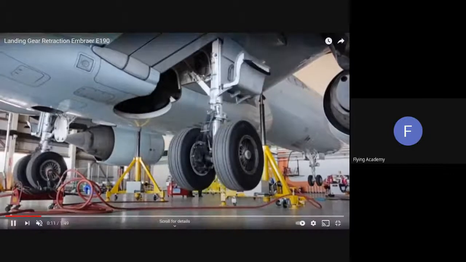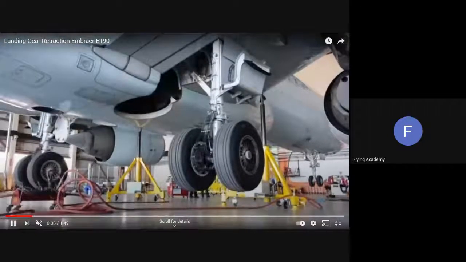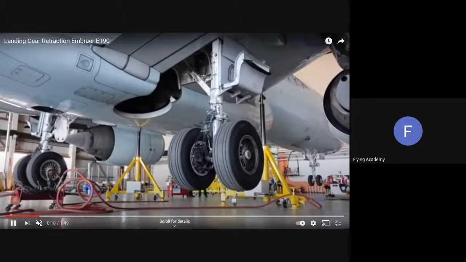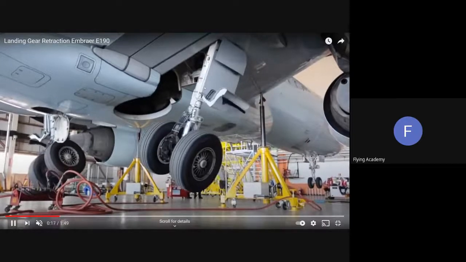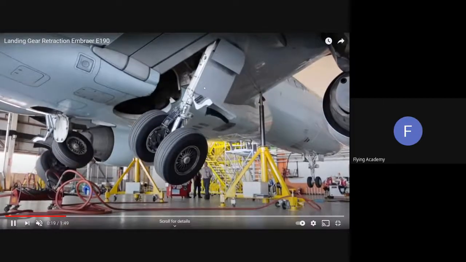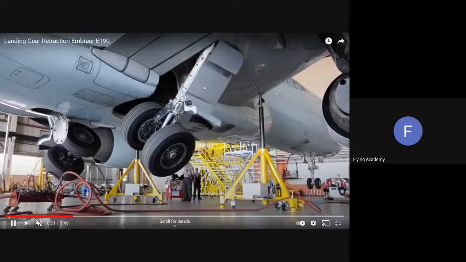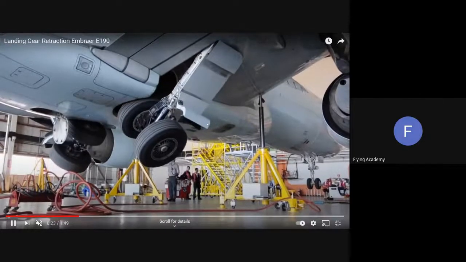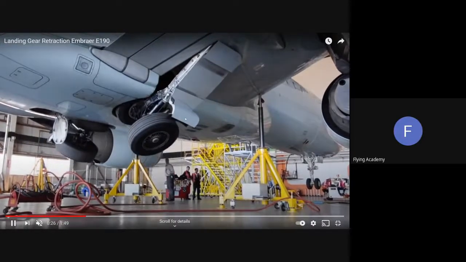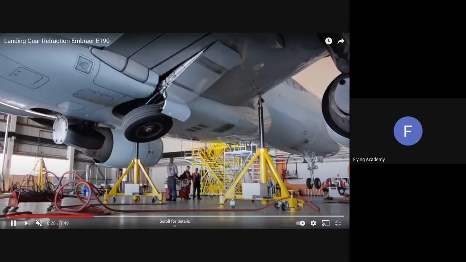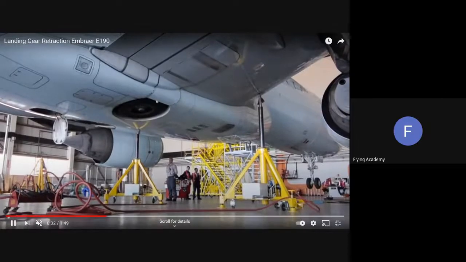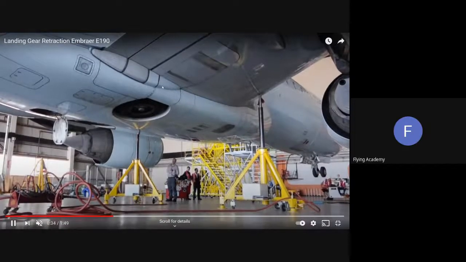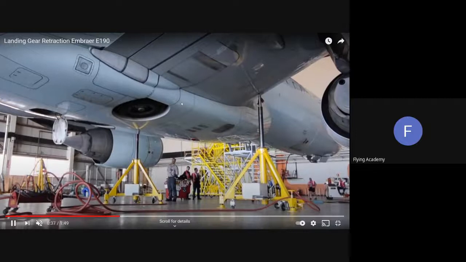Yeah, as you can see, the first thing which is happening, the over-center mechanism opens, and it's perfectly visible here. Our over-center mechanism is open, and only now the landing gear is able to be retracted, because before this the over-center mechanism was locked. The landing gear is going to the up position. The small additional doors will also go to a more or less closed position. And yeah, the gear is reaching the locked up position, and retraction is complete.